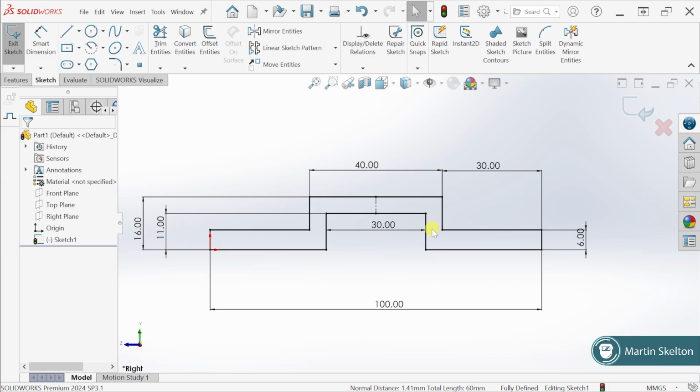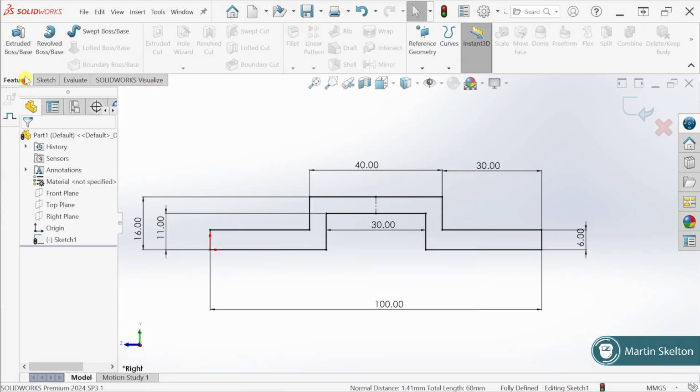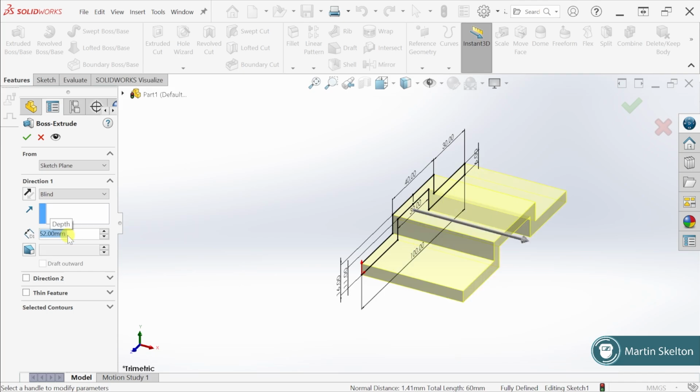We need to add in some material here. Back to our drawing, it says that it has to have 52 millimeters of material from here to here. Okay, let's go 52 millimeters. Features, extrude. It's already picked up the contour that it wants to extrude. So I'm going with a blind and I'm going 52. So if I push it out 52 millimeters from that, that is my object. I now have what in industry can be called a blank. The object shape, but it mightn't have all its detail. If I click OK,